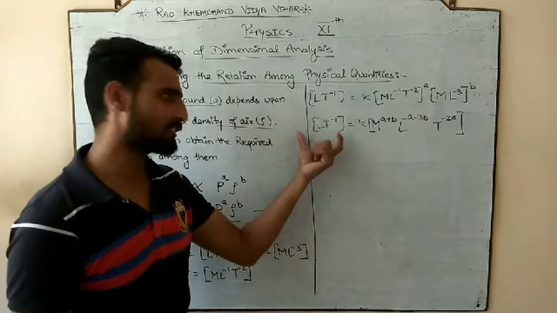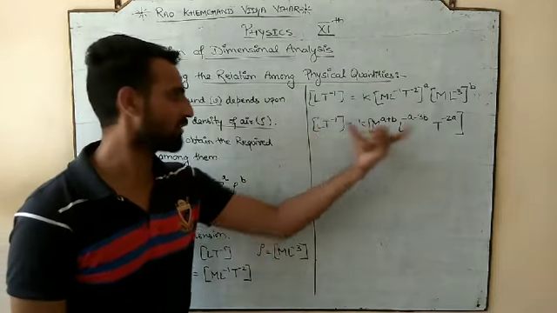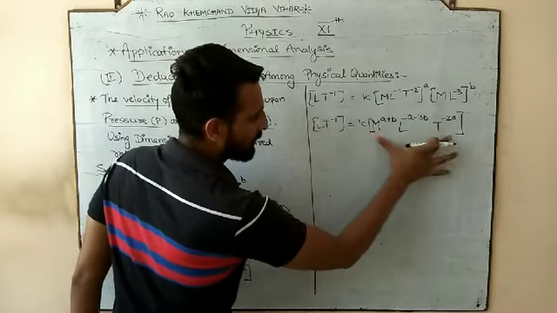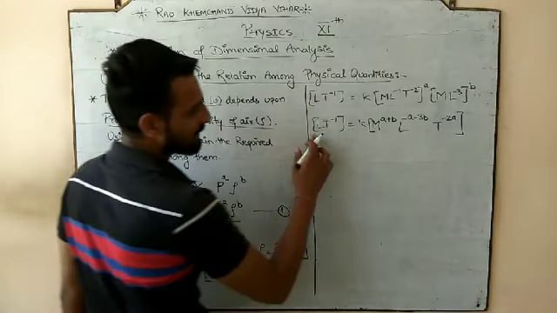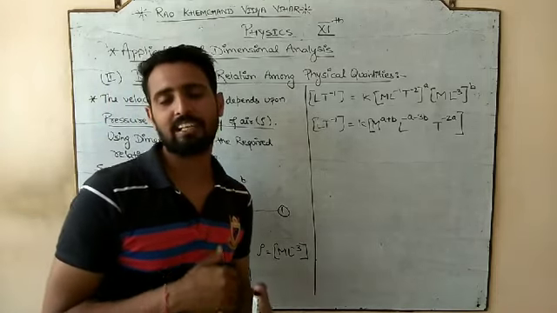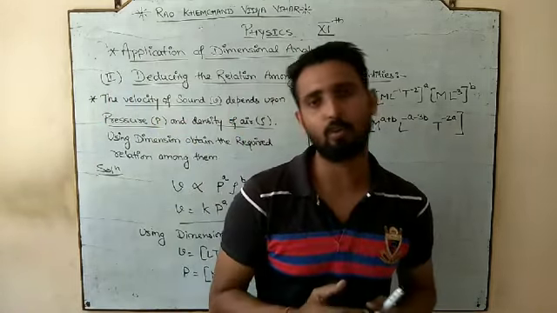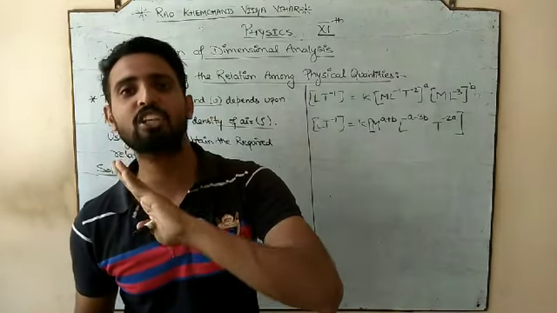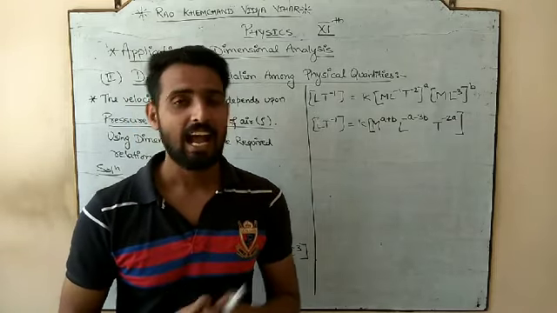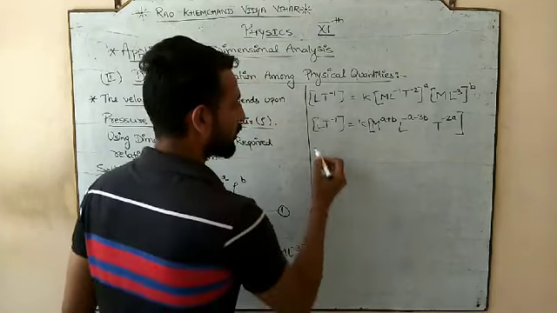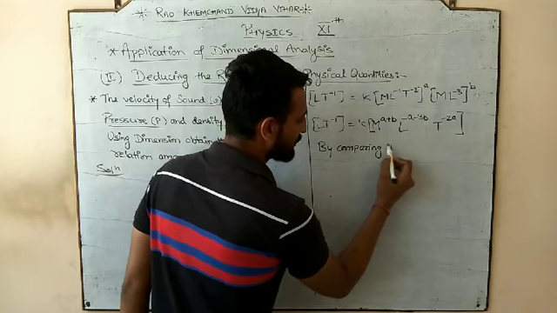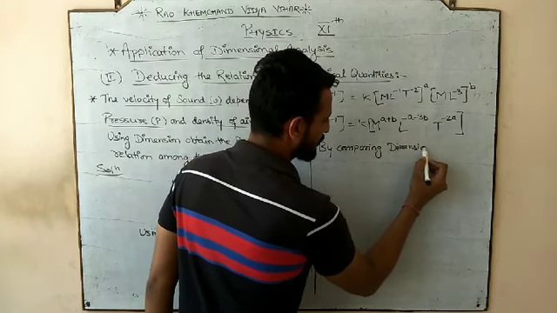The LHS is not going to be solved further; the RHS has been solved. Now, since this formula is equal to this formula, whatever formula we are going to form should be dimensionally correct. And if it is dimensionally correct, the dimensions should be equal. So, by comparing the dimensions, compare the dimensions.